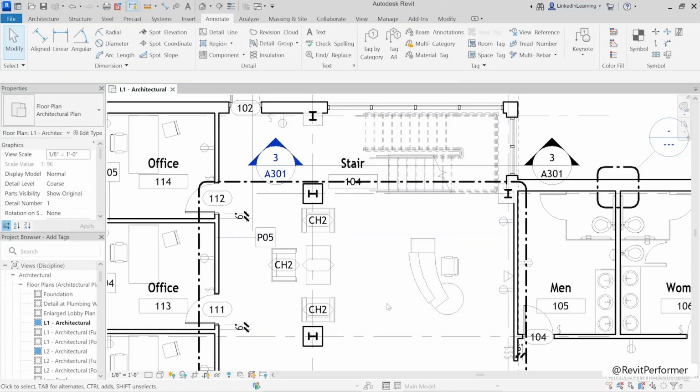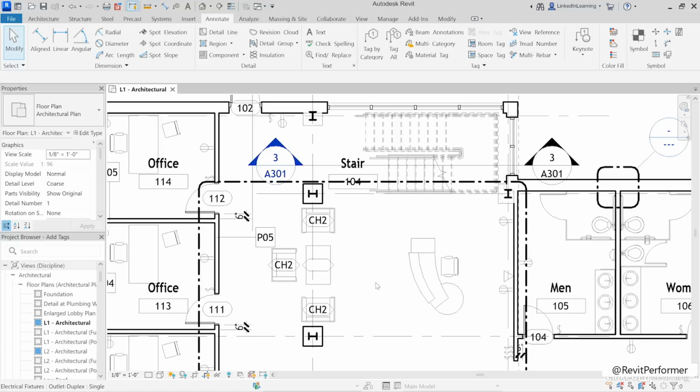It's not possible for those things to get out of sync because you're editing the same value in both cases. So use whichever method is convenient for you, but keep in mind that it's not the tag that's important. It's the value within the object that's important. Now, this floor plan is starting to get a little bit crowded, and that is very common in a typical